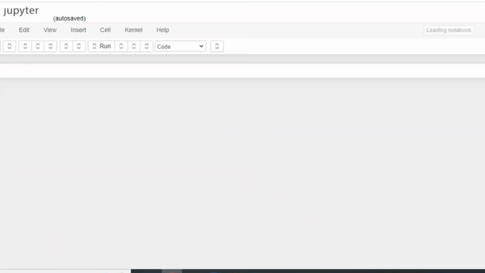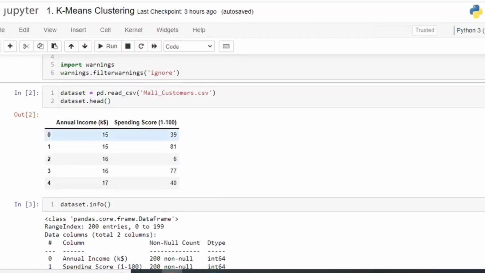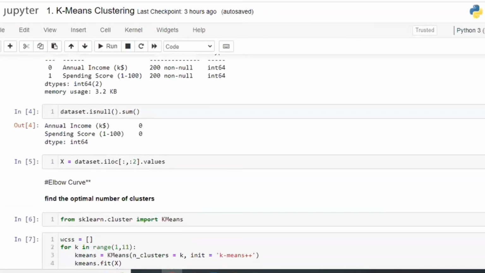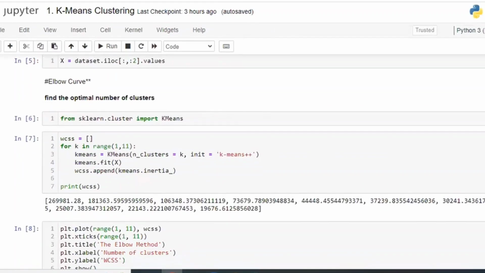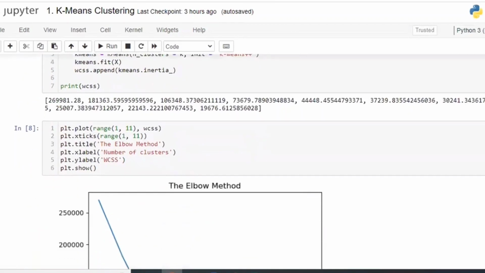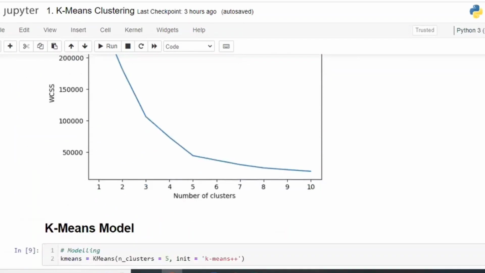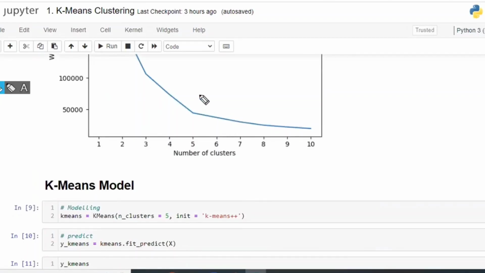That is, in k-means clustering also we have done the same. Here also we have taken the same 2 columns and dealt with the same missing values and same X. But with k-means, first we identified the best k value. After identifying the optimum k value, that is k equal to 5 for this data set, we worked on the model.